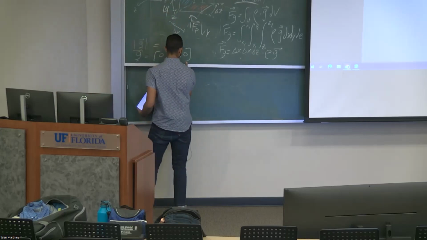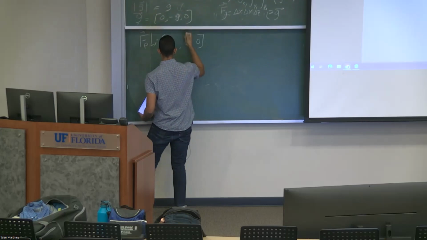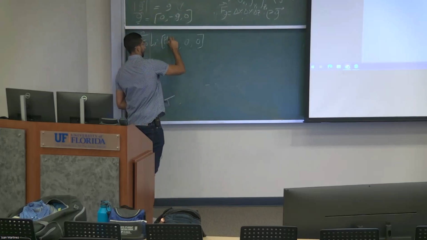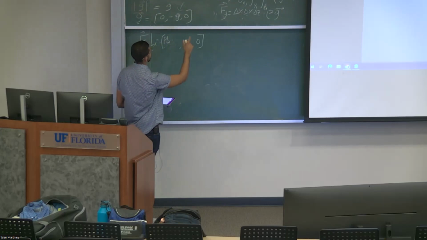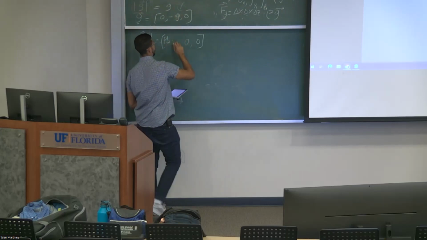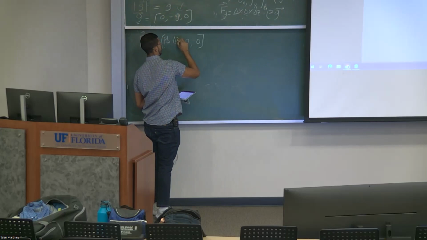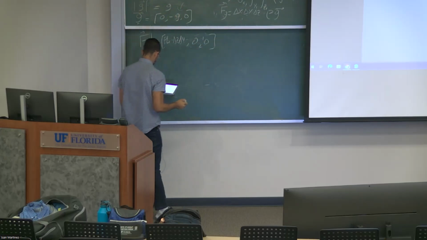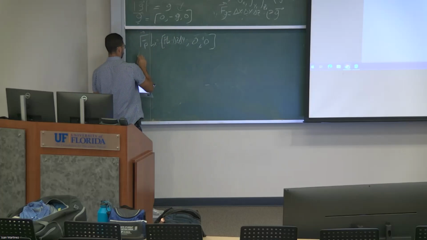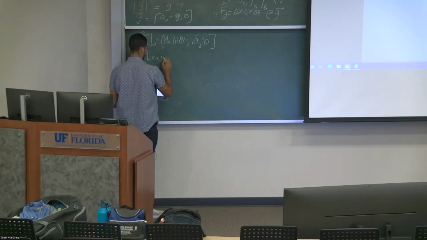So the area for this pressure will be, as we said, delta z times delta y, 0, 0. So now I want you guys to figure out the pressure in the x plus delta x plane,